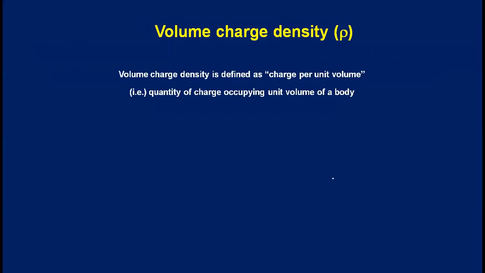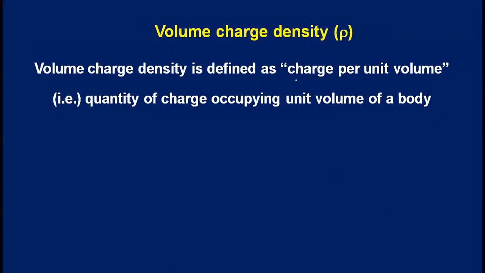Now, once when we are dealing with volume charge distribution, you should be aware of volume charge density denoted by the symbol rho. Now, what is this volume charge density? It is defined as charge per unit volume or quantity of charge occupying 1 meter cube volume of a body. 1 meter cube is otherwise called as unit volume. So, whatever quantity of charge an object occupies per 1 meter cube volume,